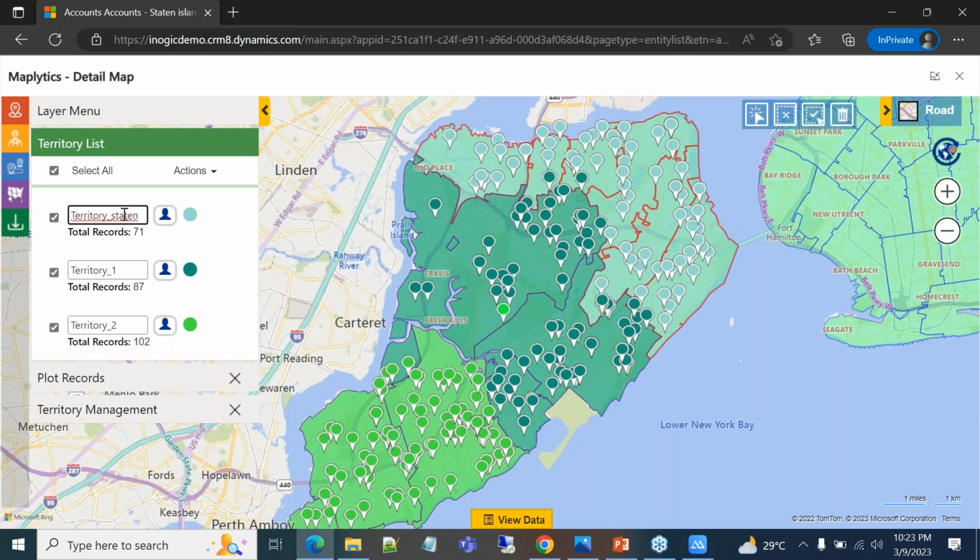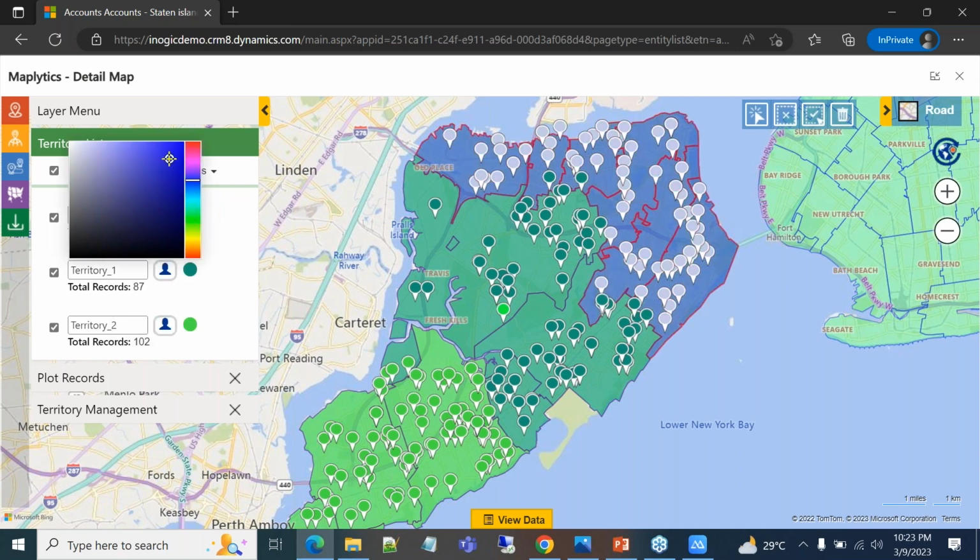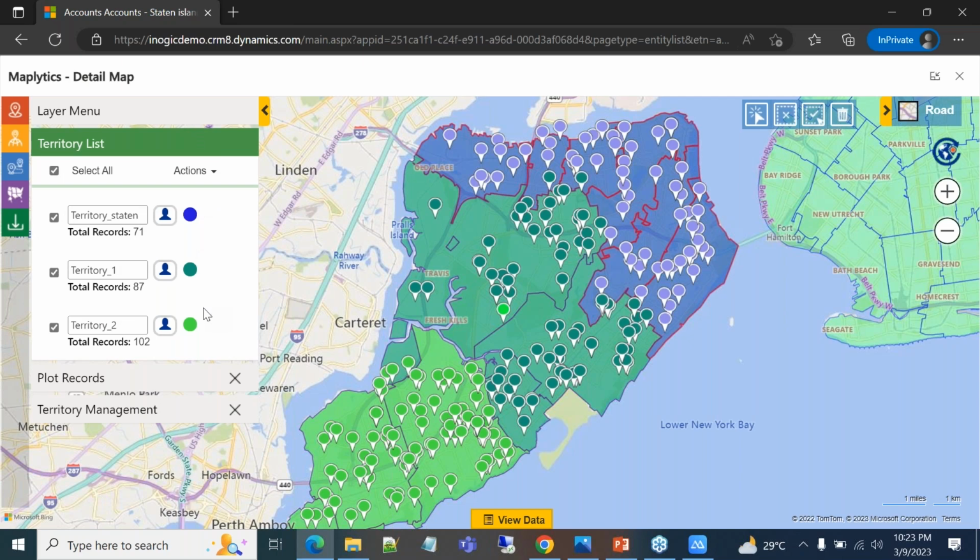You can just change the name right from here. You can also select a territory manager for your territory right from the map. Moreover, you can also change the color of the territories right from the map. Right, now let's say these territories are okay for you and you want to save these territories, so you can